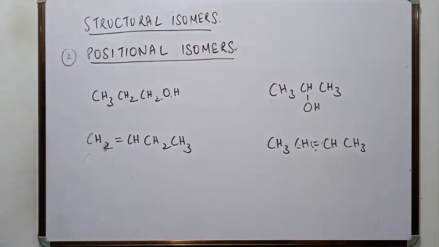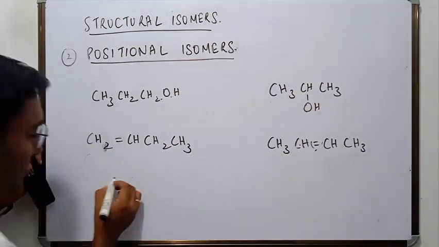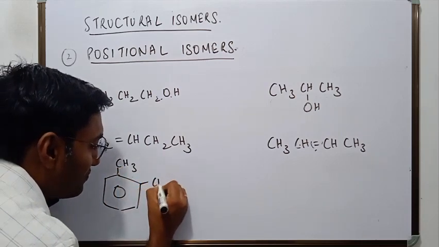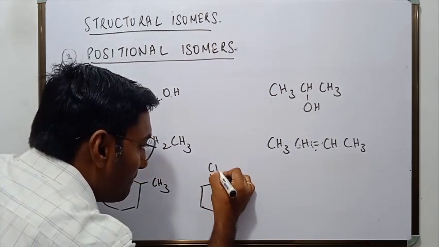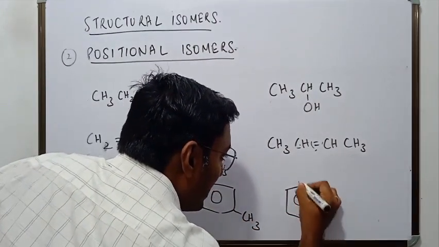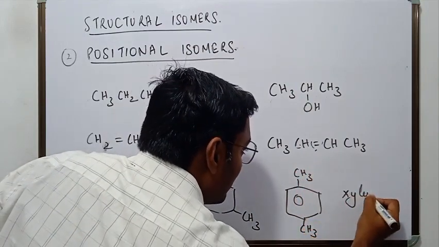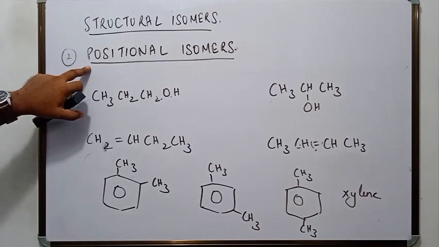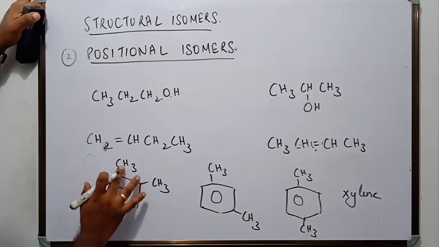Positional isomers can also be extended to di-substituted benzene having two functional groups. Let me first write the example. Look at this. This is the ortho-xylene, meta-xylene, para-xylene. This is xylene: ortho-xylene, meta-xylene, para-xylene. So the definition of positional isomers can be extended to di-substituted benzene having two functional groups in which